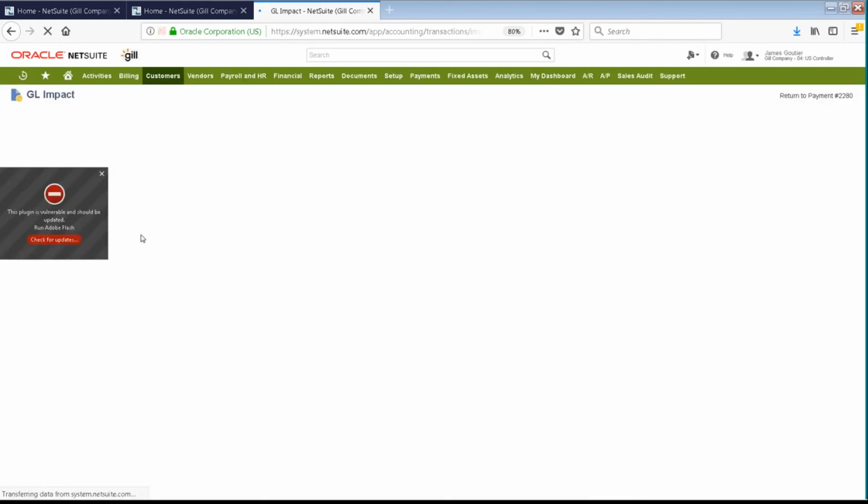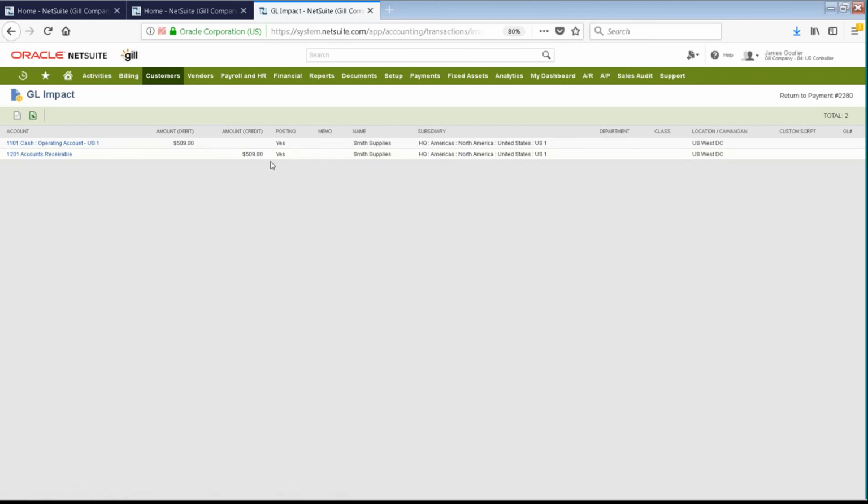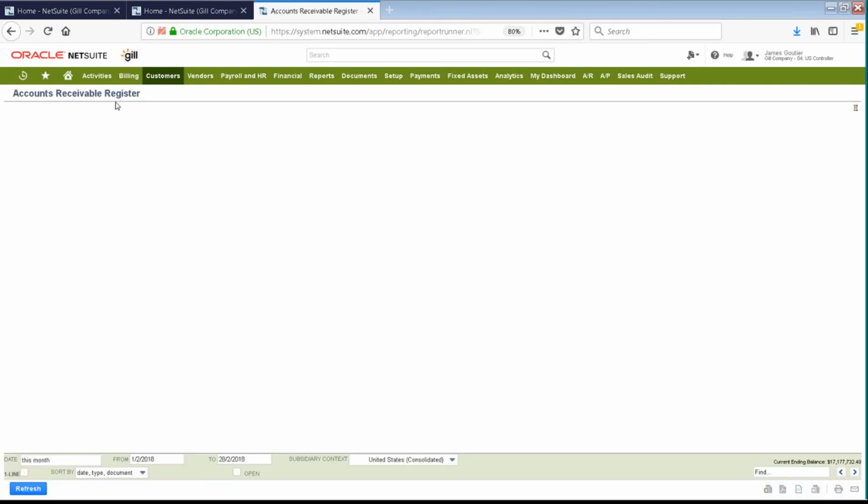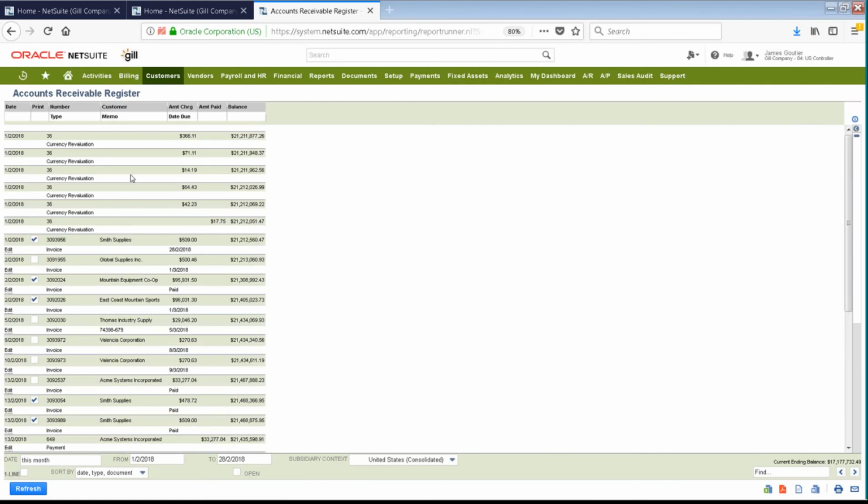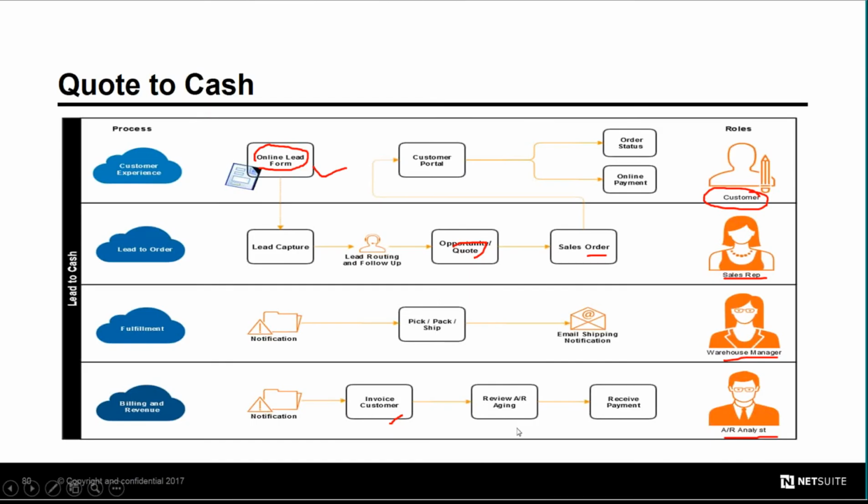And then if I go to the GL impact, right, it has a credit now to my accounts receivable account. And if I click this one, it goes to my AR register, right? I can see here the in and out of certain transactions that relate to the AR account. Okay, so going back to my visual flow, we finished this one. We did the AR aging review and we received the payment. So that ends